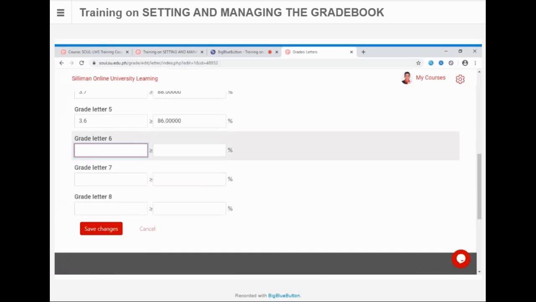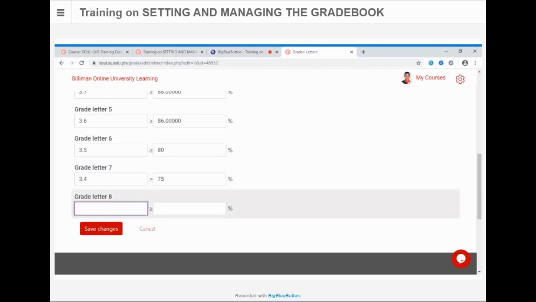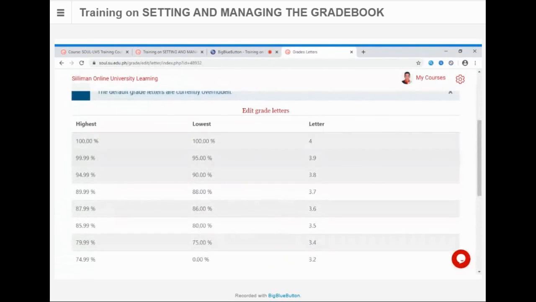So, for example, like 3.5, 3.85, and 3.6, 3.4, and then 3.2. So, for that example, save changes, and then here we have